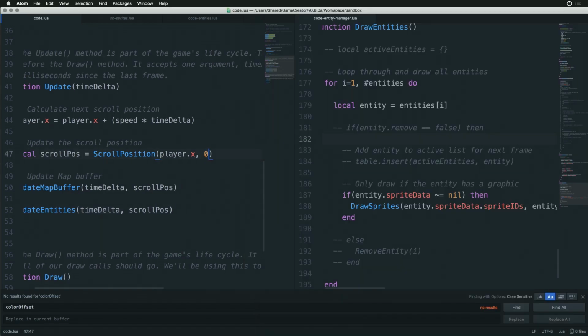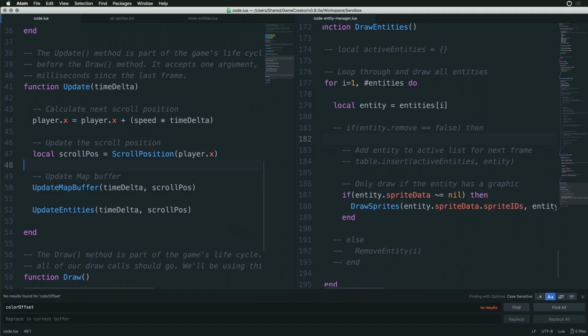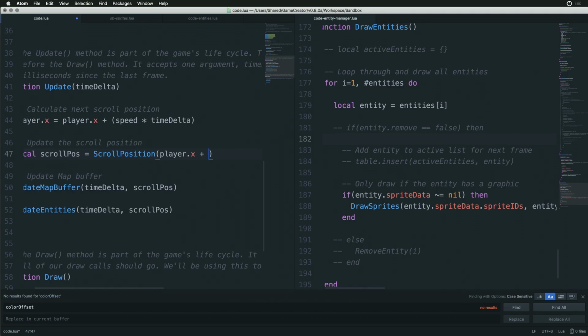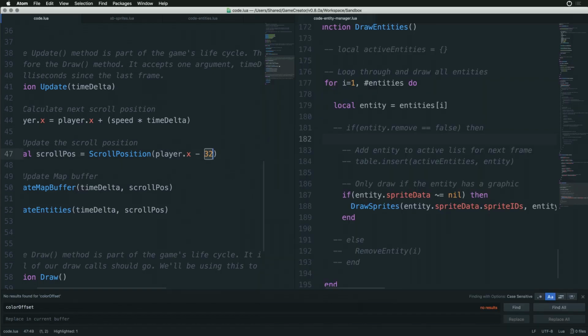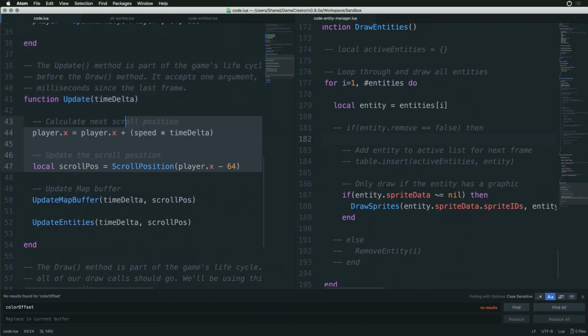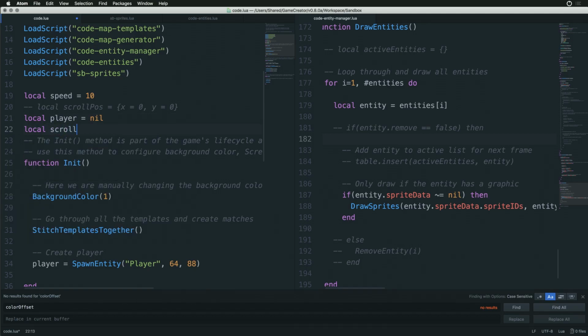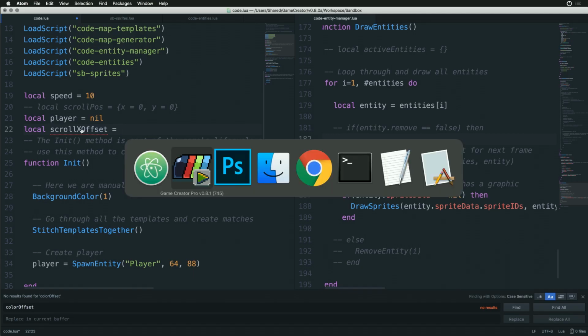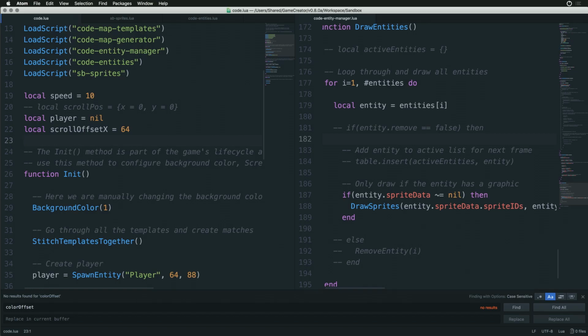Oh wait, I wanted to set this to 0. I don't want to change the Y position. And then, oh, you know what we're going to do? Minus 32. All right, so the more that we, 64. The more that we offset it, the more centered the player is going to be on the screen. So what we'll do here is, let's create a local scroll X offset equals, we're setting it to 64, so we'll just offset it by 64. So what we're going to do is spawn the player. Actually, we can do,